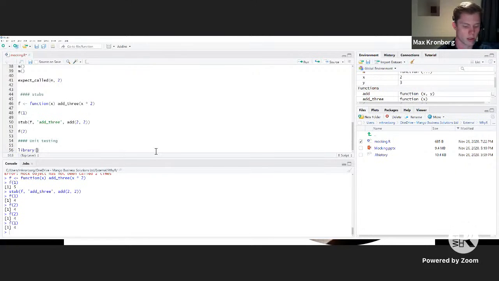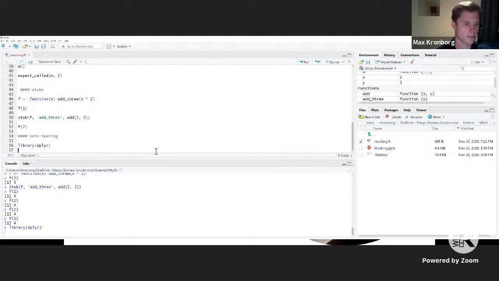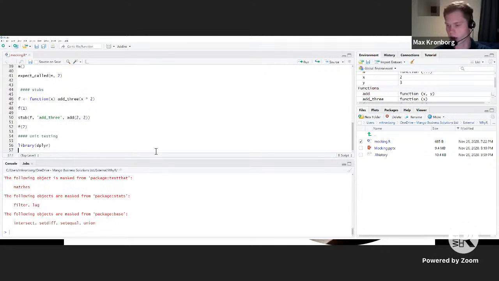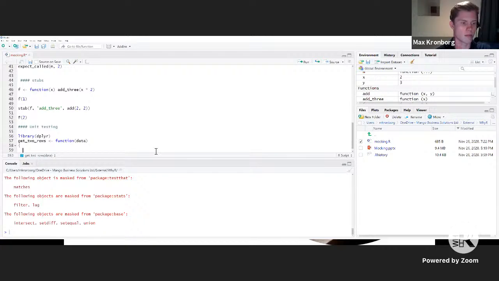So we're just going to load dplyr, or dplyr, whatever you want to call it. And we're going to say that we have a function which we're going to call get2rows, because it very imaginatively is going to get 2 rows from whichever data set we give it, which will be mtcars. So it won't be that generic, but it'll do what we're trying to test.